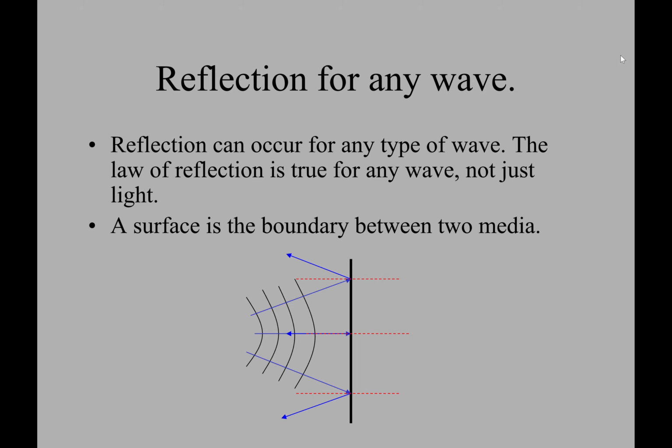Remember that we saw reflection on the wave generator for a transverse wave. So keep in mind that when we talk about reflection, in this case, it looks like an angle, but we're also talking about something that could be coming back at 180